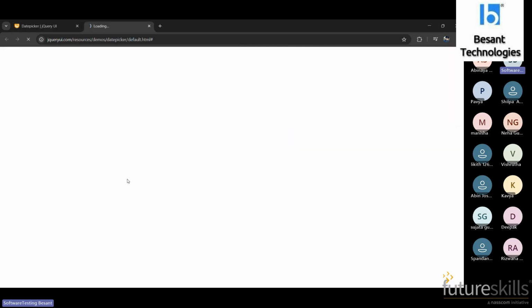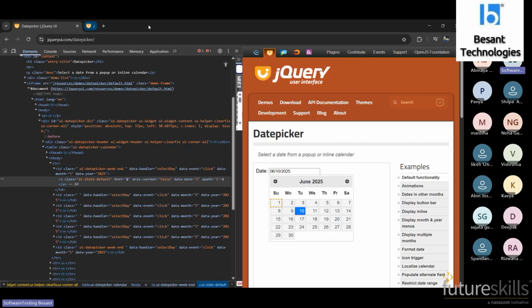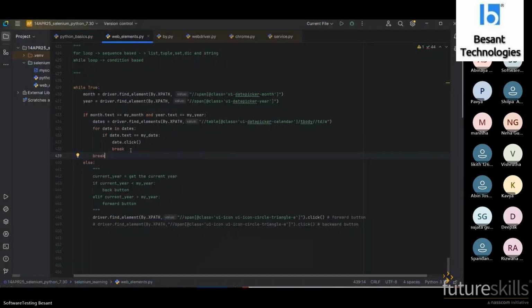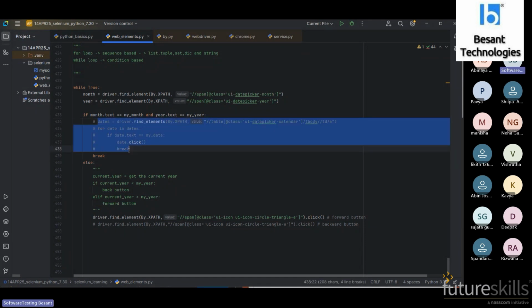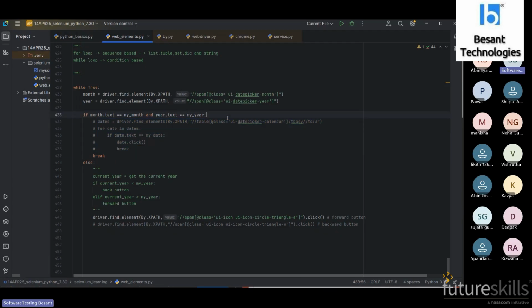Even though it is not redirecting anywhere, we can give it a try. Why not? Instead of going with XPath, we can give this a try.